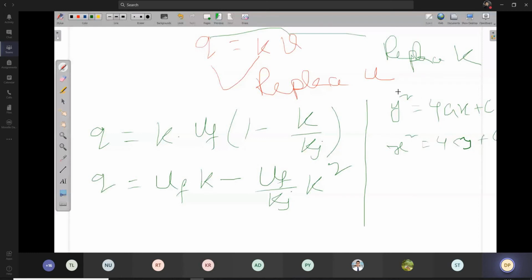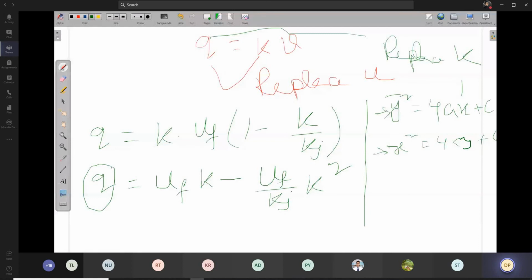Basically what I mean to say, these are 2-degree equations. This is a 2-degree equation, or this is a 2-degree equation. This is a parabolic equation. Here also the same equations are there. K square is there. K square equals something k plus q. So this q, if you say that q is nothing but here x, then k is nothing but here y.